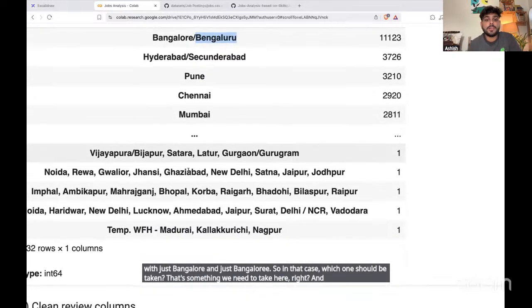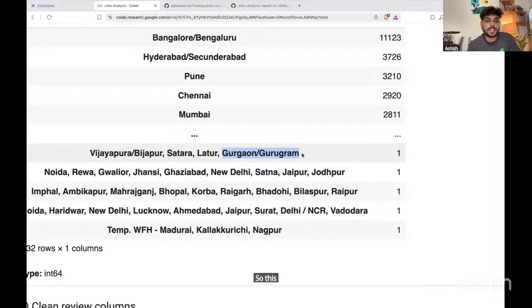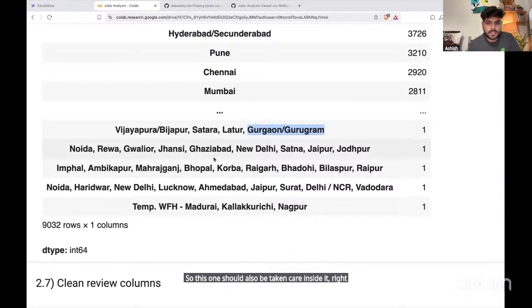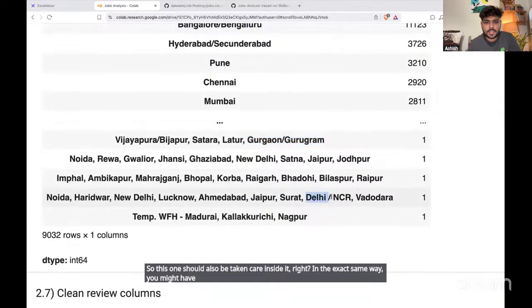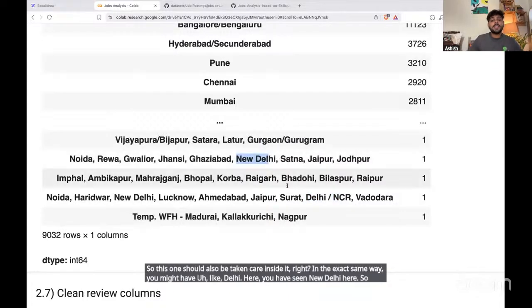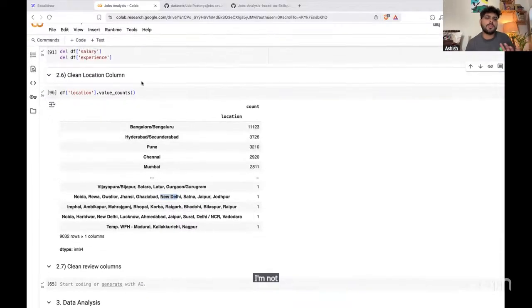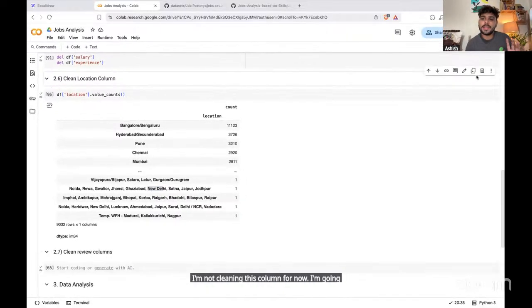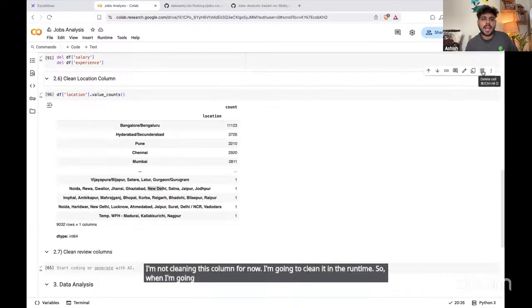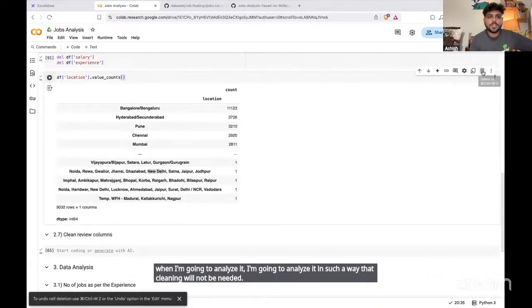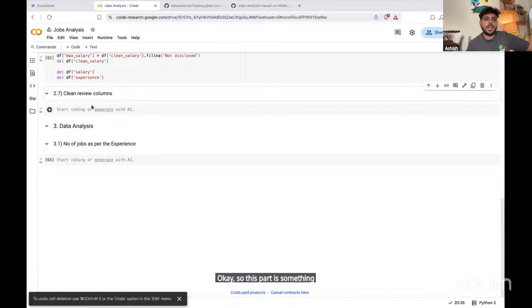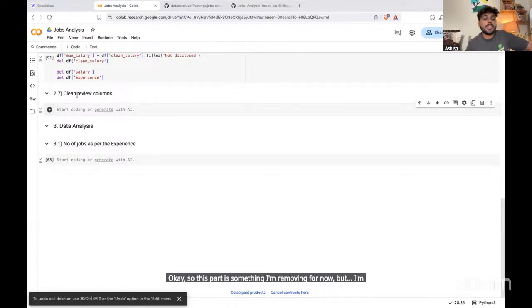And there are a couple of them, for example, here Gurugram, Gurgaon. So this one should also be taken care of, right? In the exact same way, you might have Delhi here, and you have seen New Delhi here. So these categories also should be taken care of. So I'm not cleaning this column for now. I'm going to clean it at runtime. So when I analyze it, I'm going to analyze it in such a way that cleaning will not be needed. Okay. So this part is something I'm removing for now, but I'm going to clean this review column